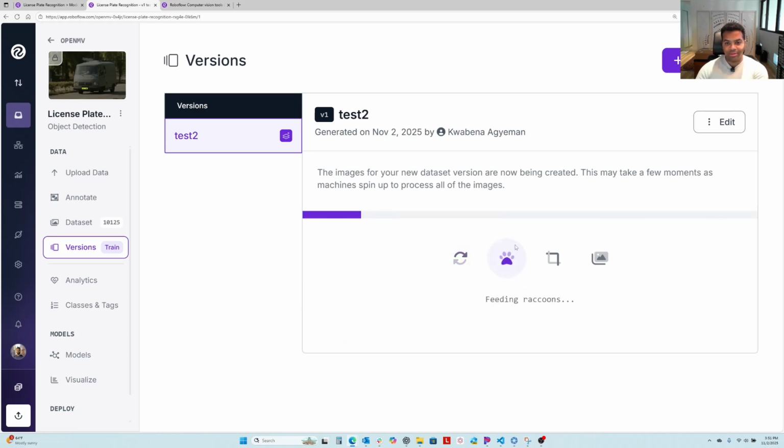And just give it a sec as it goes through. It's super cool that Roboflow has set all this up to run on the cloud. This used to take a lot of pain and suffering trying to do this on the desktop. And so they've got everything you need to really make this a fast and efficient process for training your own